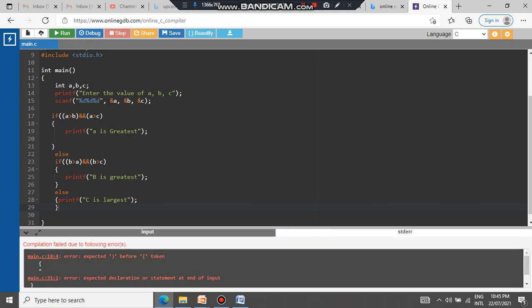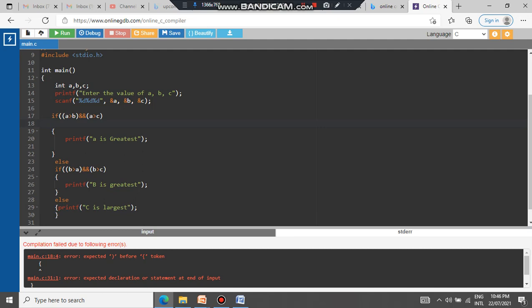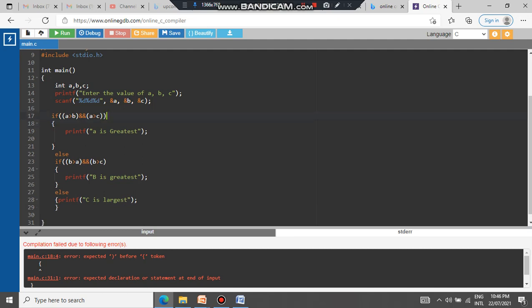Now if you run this, there is an error. The error is expected at line number 18 over here. One closing parenthesis is expected, so I will add it here. Then here also one closing parenthesis. They should be balanced. Then if you run it now,